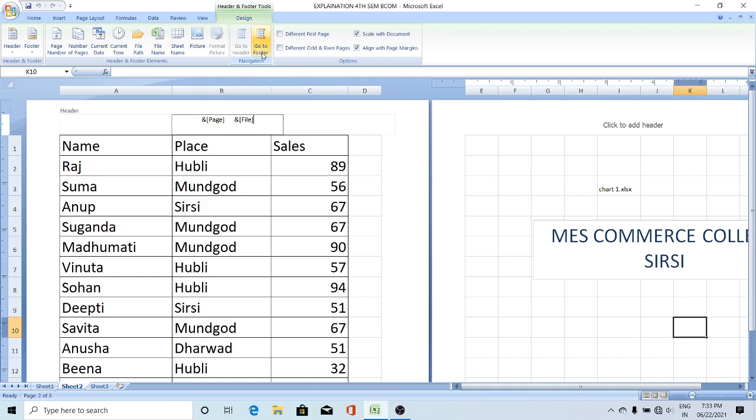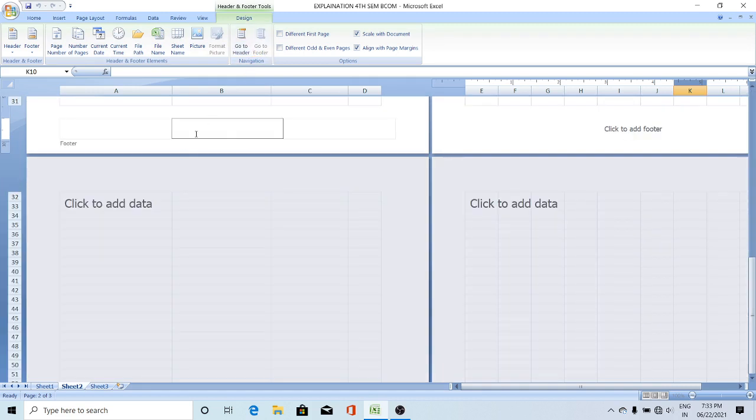Just click on Go to Footer; the option is in the design toolbar. Click on that and the cursor automatically moves to the footer. Here I am inserting the current date of the file. So I have inserted the page number, file name, and current date.